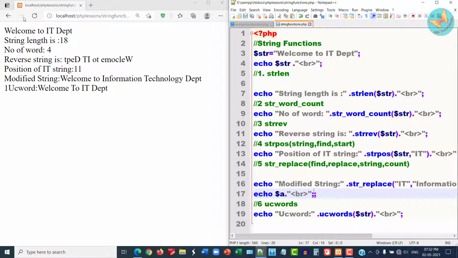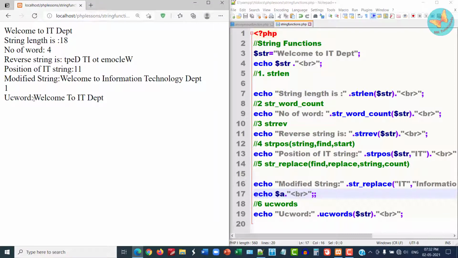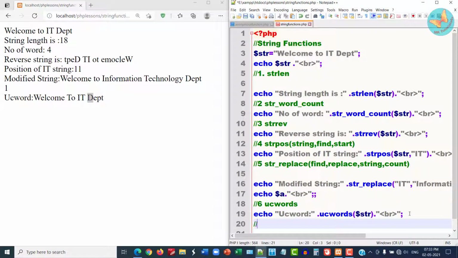Run this. Okay, so see here, welcome was already uppercase, so there is no change to it. Observe here the T, this has been changed to uppercase. I and D were already capitalized, hence the output appears similar. So ucwords converts the first letter of your word to a capital letter. After this, next we are going to study